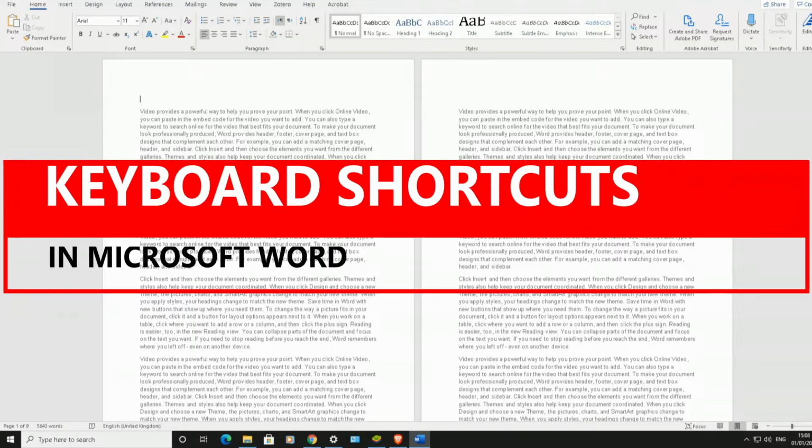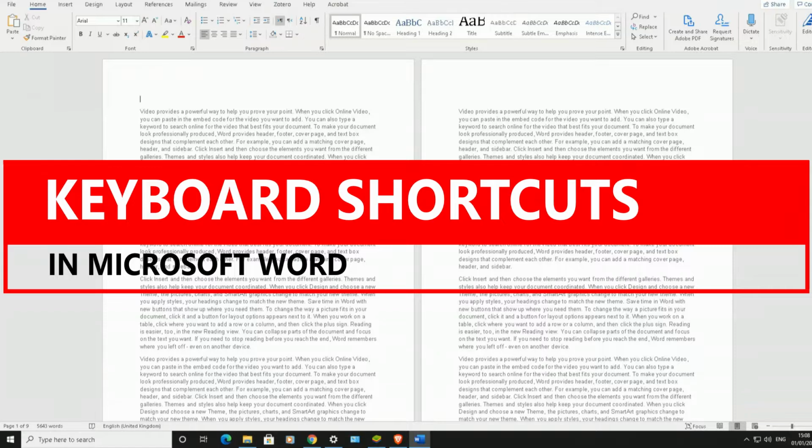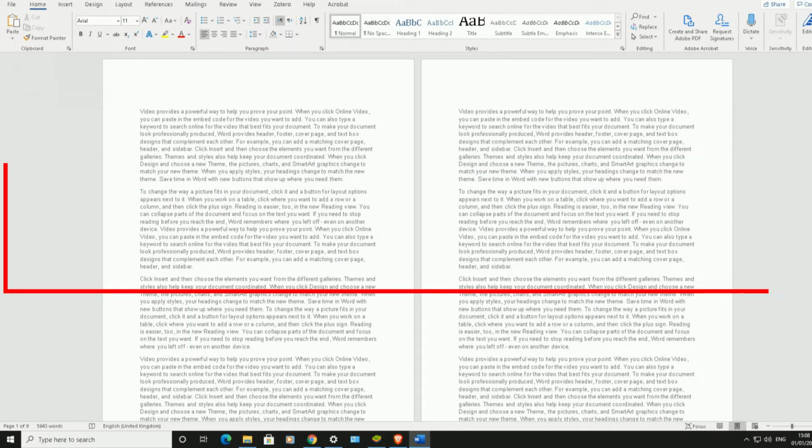Hello there, welcome to another video about RA Solutions. In this video what I'm going to be doing is showing you some common keyboard shortcuts to help save you time when you're doing your tasks in Microsoft Word. These keyboard shortcuts should work in all the Office suites, so PowerPoint, Excel, the other ones, but mainly I'm going to show you how these shortcuts work in Microsoft Word, and the version of Word I'm using is the 365